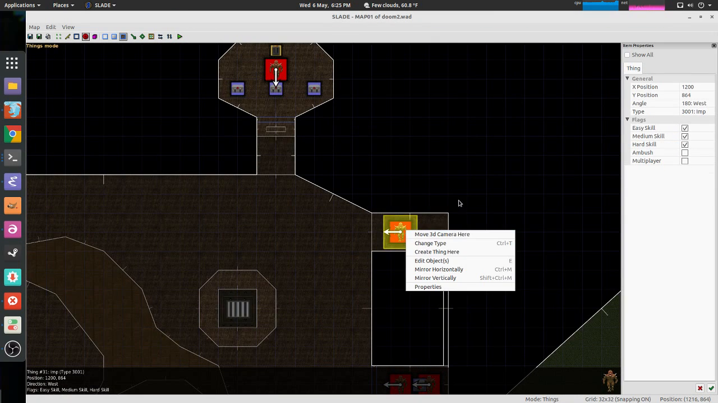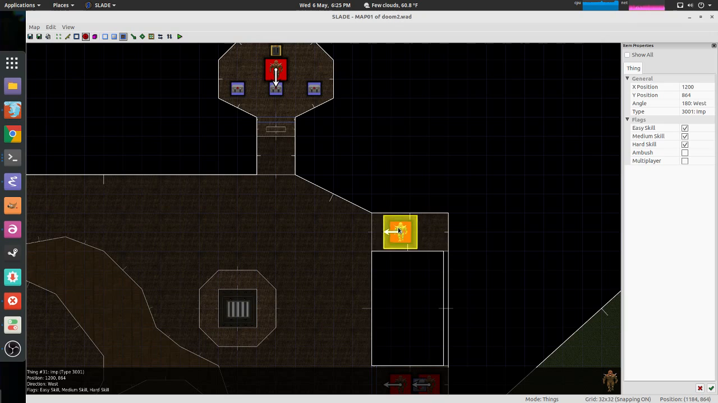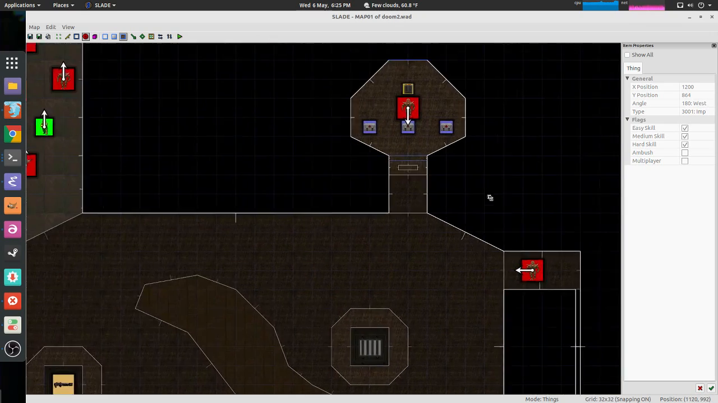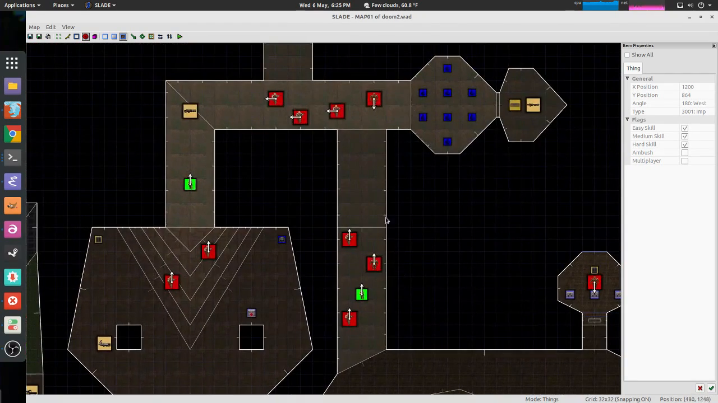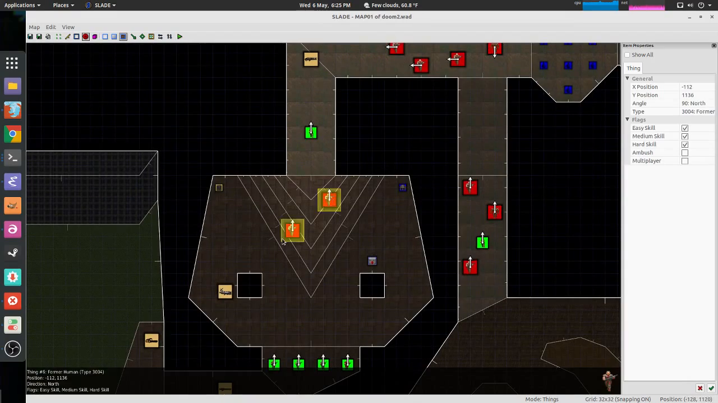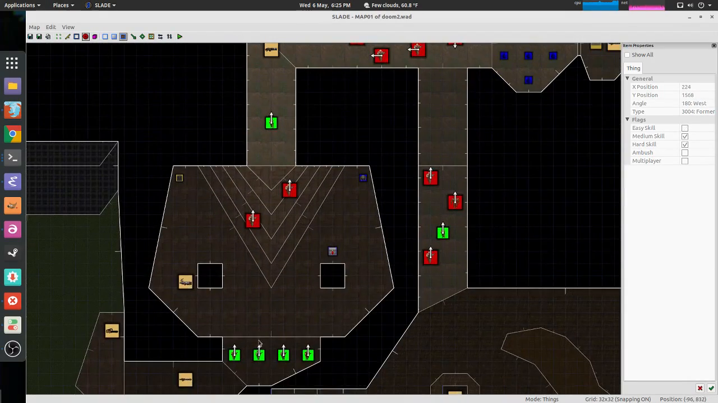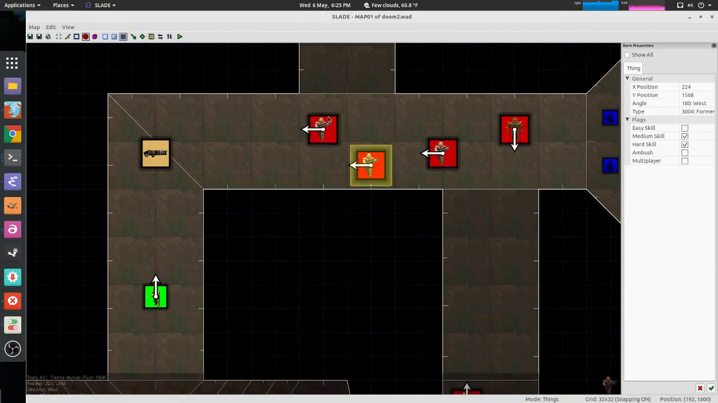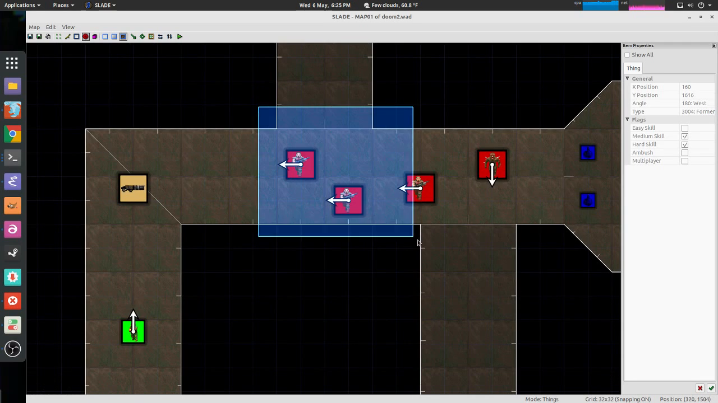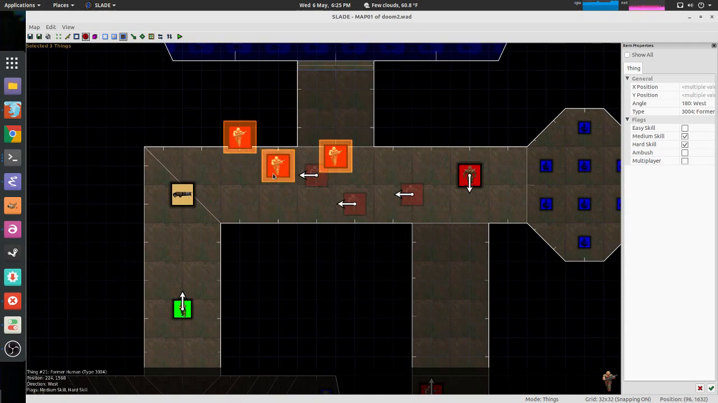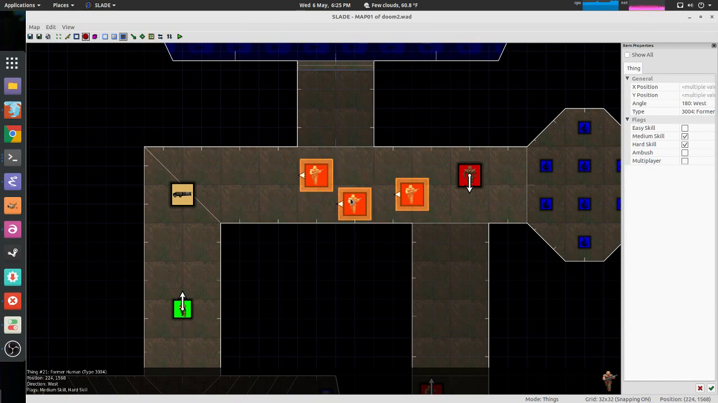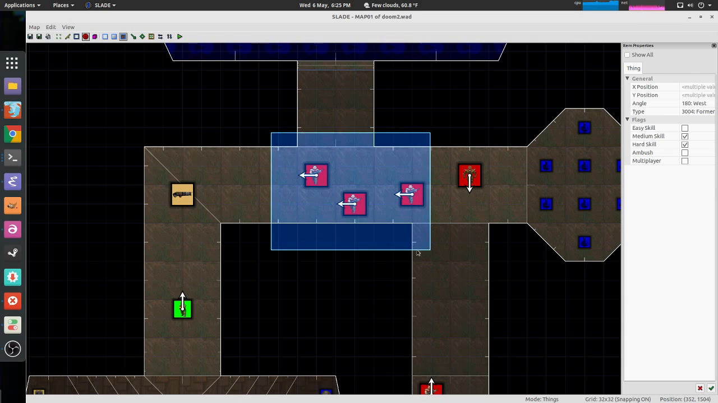Things also have properties. They have a direction facing here, which is only really relevant for certain kinds of actors, mainly monsters and player spawn points. So these are those troopers around the corner in that first hallway, and I can select them, I can move them around. I can actually change their facing. Slade has a really cool feature for